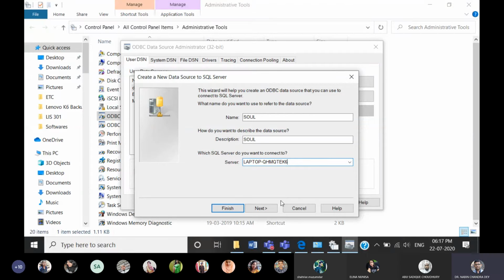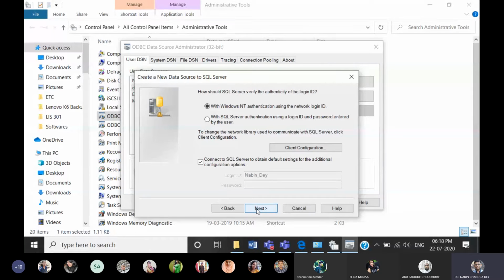Yes, sir. So I click next. After next, you see, I have to select the second option: With SQL Server authentication using a login ID and password entered by the user. By default, it is showing the login ID, my default computer user, Naveen_. But you should remove it. You have to give the Sol administrator.